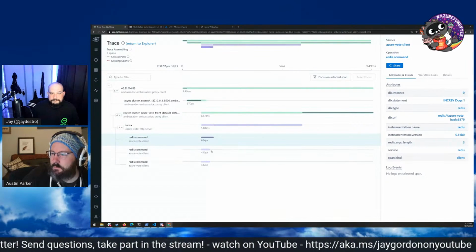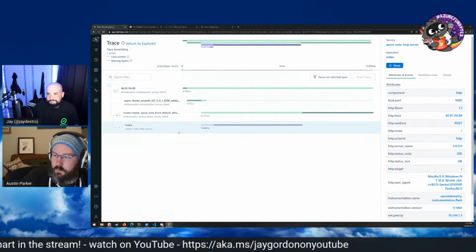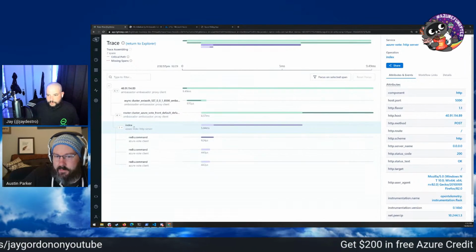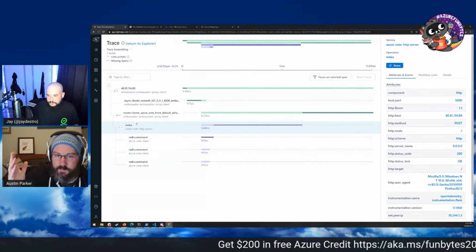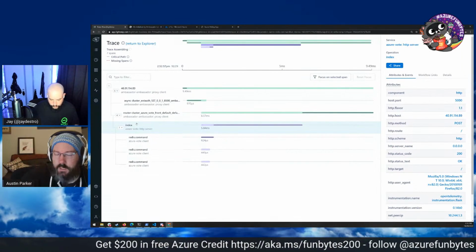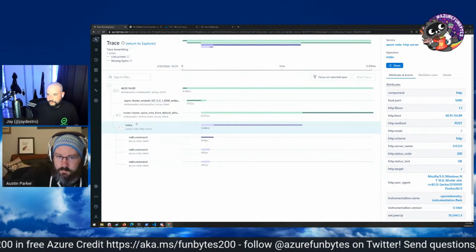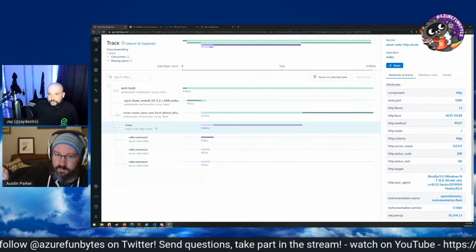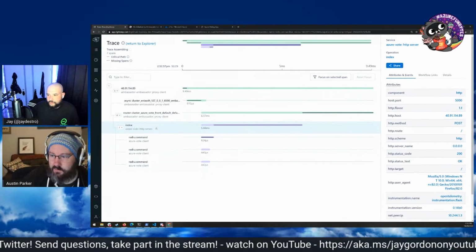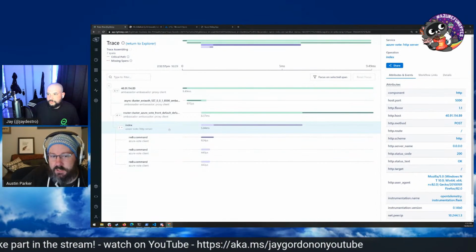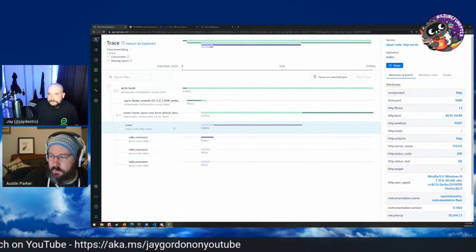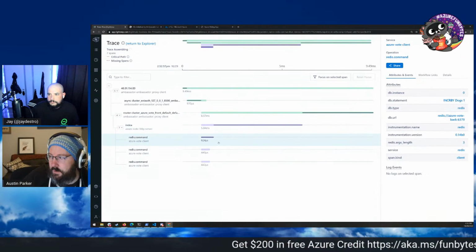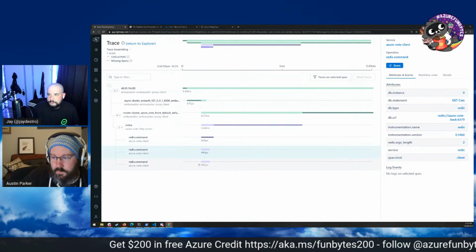So what I want to point out is we went from our ambassador. If you see how the names are changing here, we're going from ambassador to Azure vote. So this is actually crossing a service boundary, right? This is going from Envoy and it's going into our Python code. And we didn't have to manually instrument this. We just had to do one line of code that said instrument Flask, and now we have all this other stuff. So I can look at this and I can actually see where time is being spent. It took 5 milliseconds for it to run index. And I can see specifically, here's how long each of these Redis commands took.